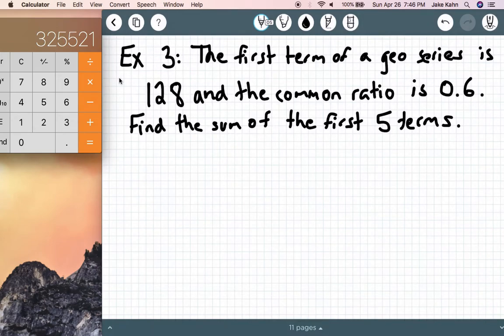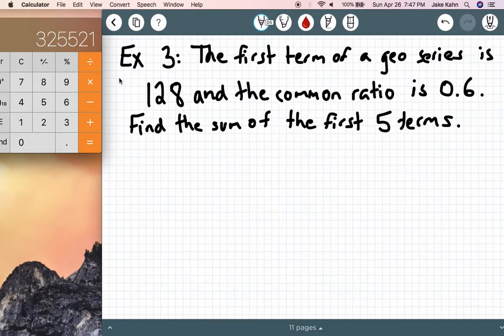Example 3. The first term of a geometric series is 128, and the common ratio is 0.6. Find the sum of the first 5 terms. So here you are not given a list at all. However, you are given all of the information that you need. So this, I would argue, is actually an easier problem, except for the fact that we're going to end up with a decimal answer, but that's okay. All right. So anyways,